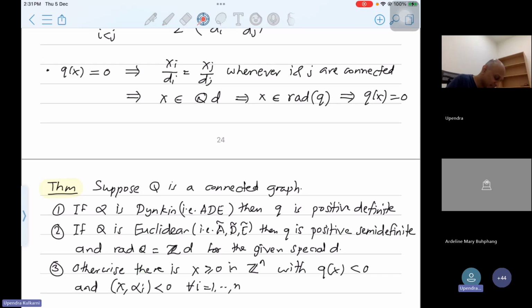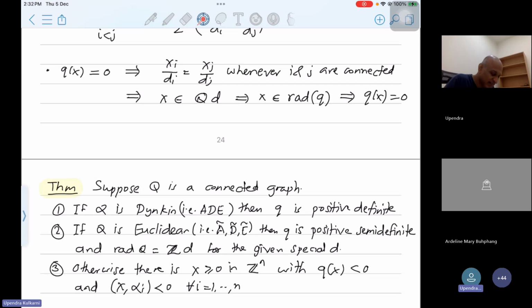Right. Similarly, yes, thanks for pointing that out, because the statement of the theorem is such that it really is a characterization. Similarly, if Q is positive definite, can you be Euclidean? No, because there is a radical. Can you be in the third case? No, because there is something which has Q negative. So if Q is positive definite, then I have to be Dynkin. Similarly, if you are positive semi-definite, then you cannot be in the third case. And